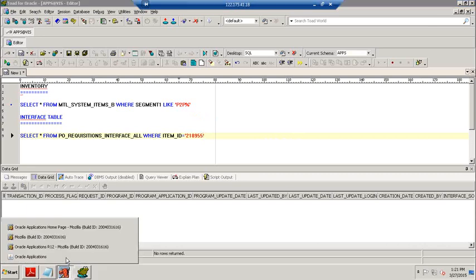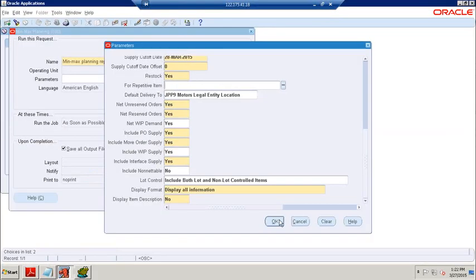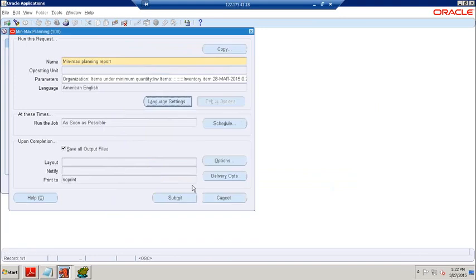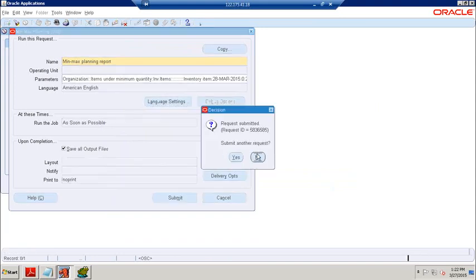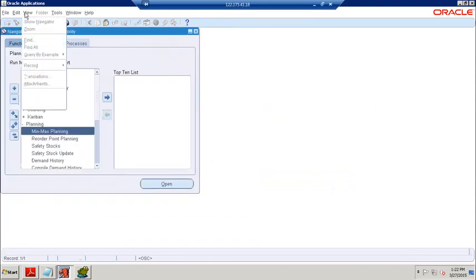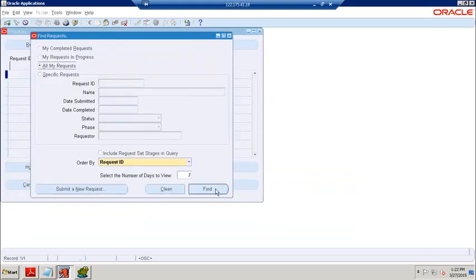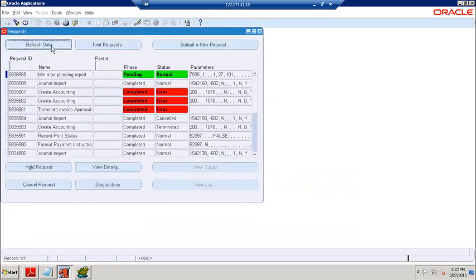Then now we want to run this planning report. Now click on OK and submit. Find it.